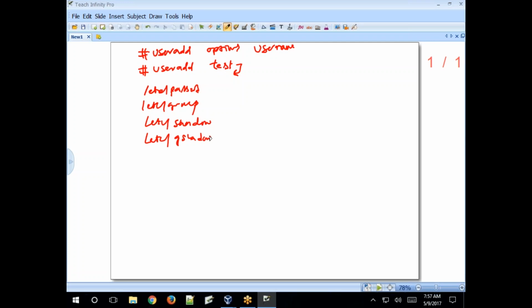It means the user information is updated in the password file. Here we created the test user, so the test user's information will be updated in the password file. Then the group file: at the time of creating a user, along with the username, one group will be created.